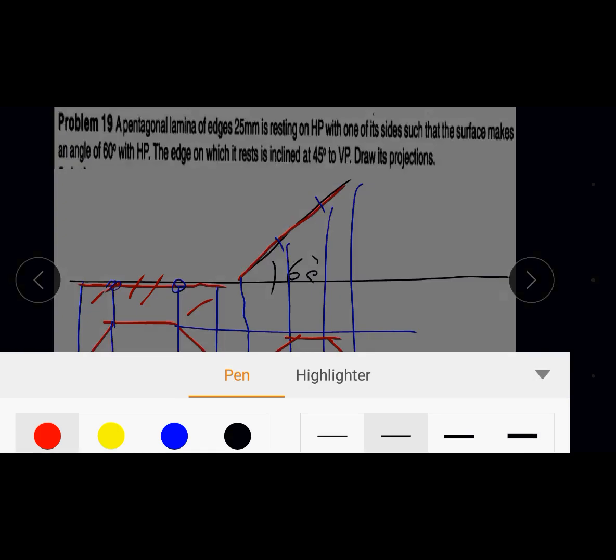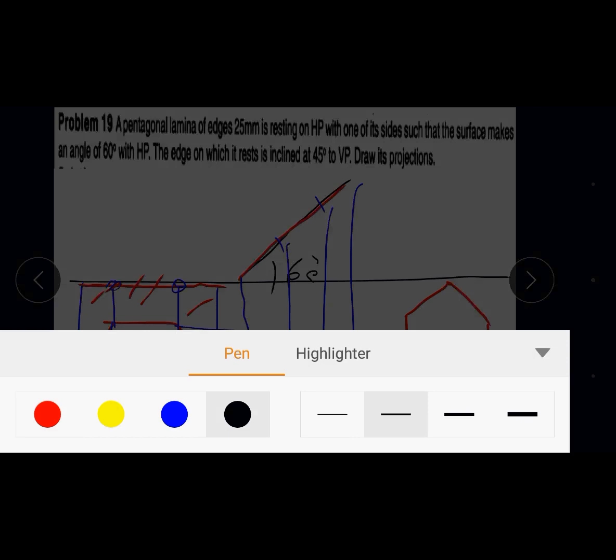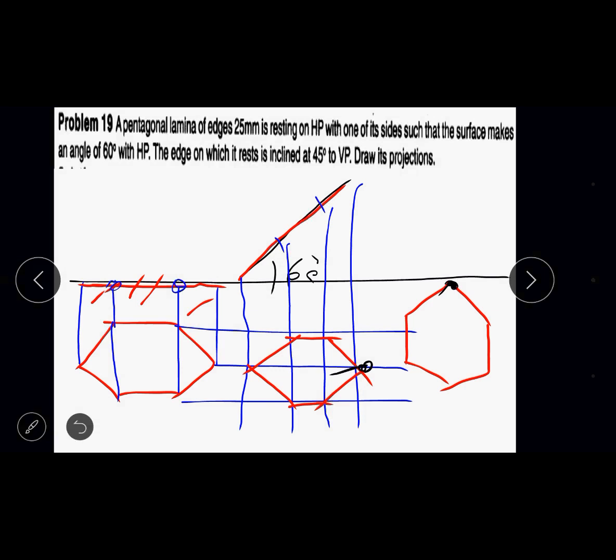So this is a corner. So this was the corner. This is the corner. So by taking the right side corner of the hexagon as a reference, you should take the same top view of the hexagon. So you have to place it on XY line in such a way that the right end of the corner of the hexagon touches the XY line. So this is touching the XY line. Now how to transfer this, I'll explain you in the next figure.